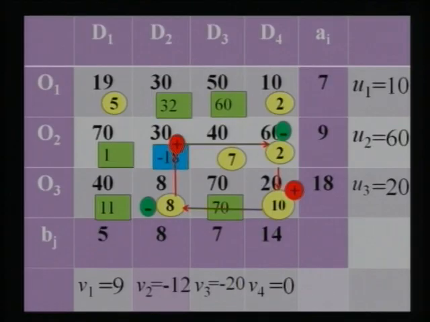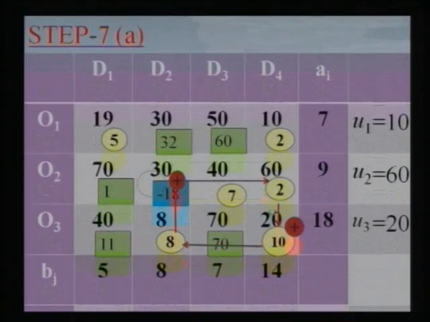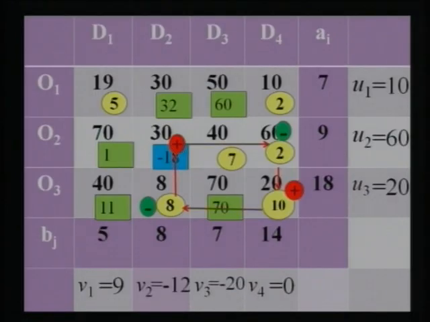See, these two, this minus and this minus, are the negative marked cells. The values of the basic variables are 2 and 8. So the smallest is 2. So we choose 2 now, and this 2 we have to add to the positive marked cells. What are the positive marked cells here? These two, this one and this one. So I have added 2 here, it becomes 10.